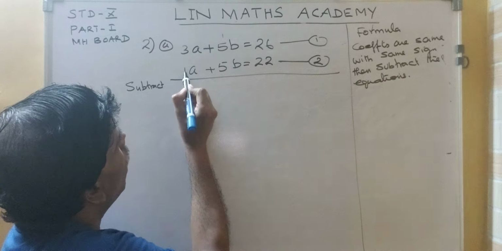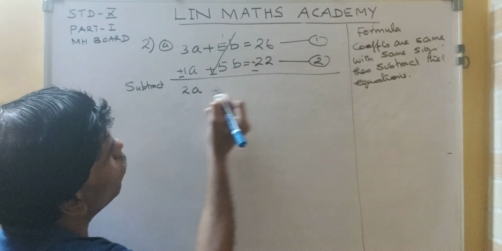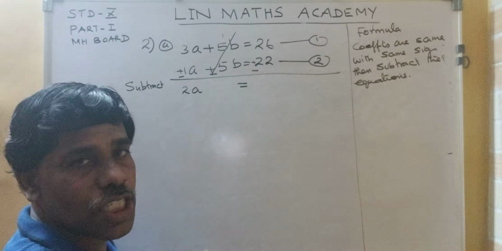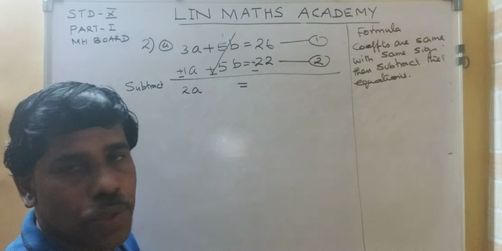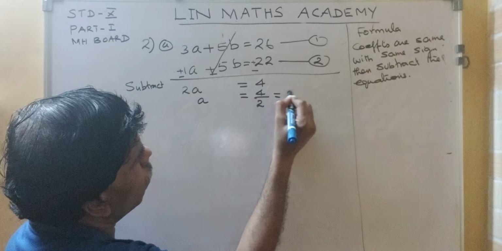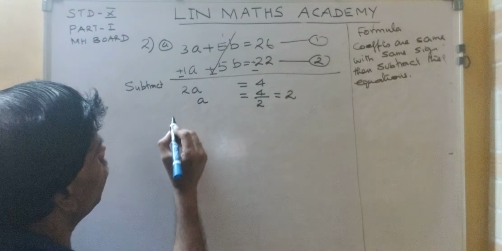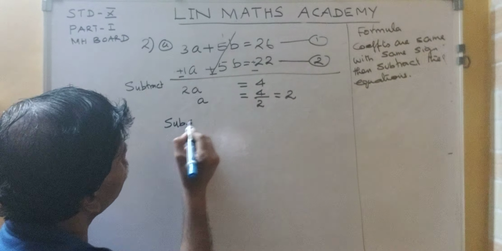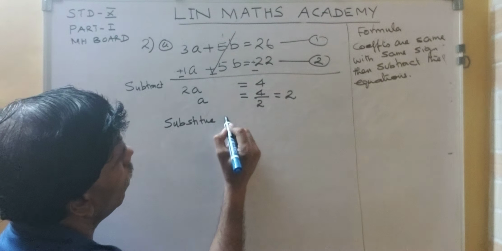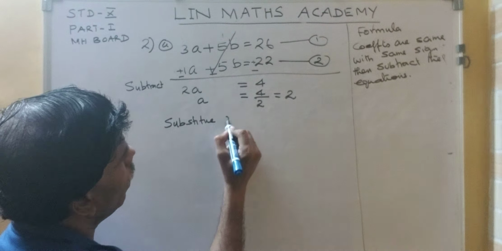So now plus 5 minus 5 cancel. 3a minus 1a, how many a? 2a equal to 26 minus 22, which is 4. So a equal to 4 upon 2, which is equal to 2. So you got the value of a as 2. Now substitute a equal to 2 in equation 1. We get